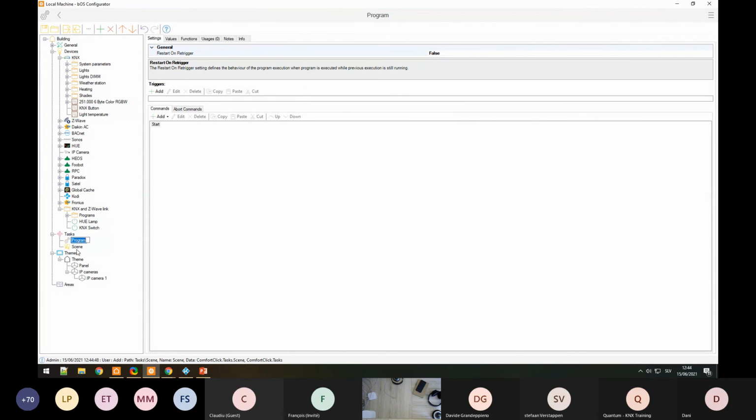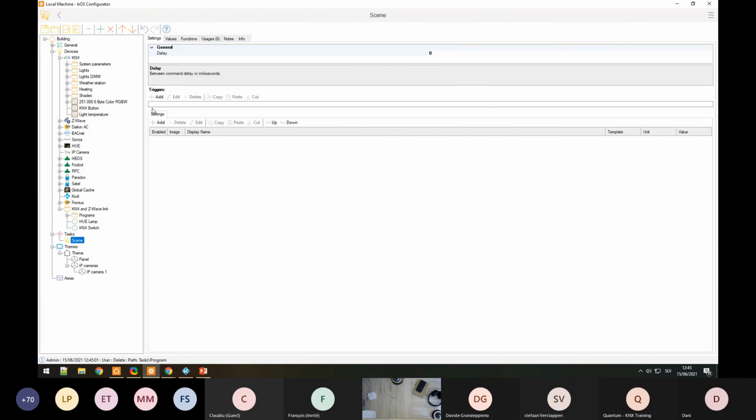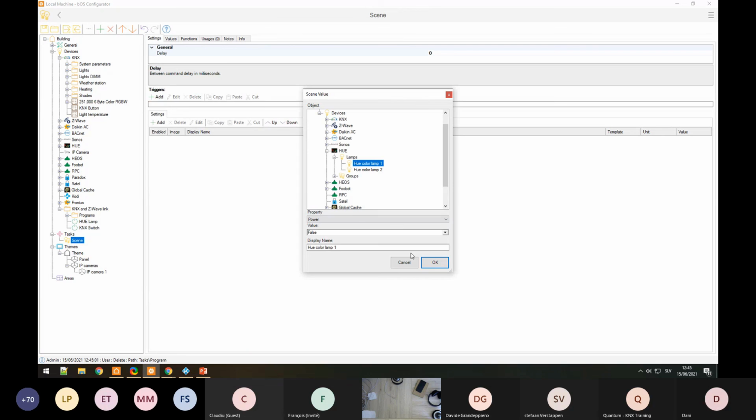Okay, let's create it with the scene first, and then I will show you also with the program task. So here you would just add some lights in the scenes, some shades or whatever, and then you will also select your Sonos speaker, and you would say,